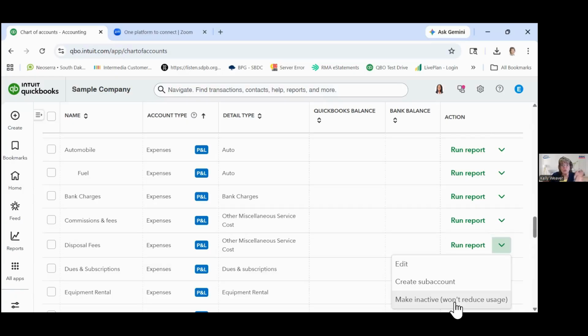So you're not losing transaction data from previous years, but you might just find that, hey, we don't pay rent anymore. We bought a building. Yay. Let's get rid of this rent account. Well, you've paid rent for the last 5 years. Those transactions are still going to exist. And if you print a report for those periods, those transactions are still going to show up. It's just that that account going forward isn't available to be selected for future uses unless you make it active again.